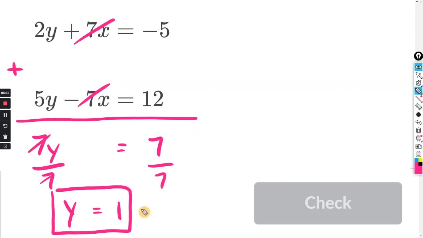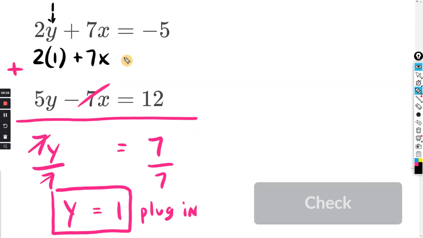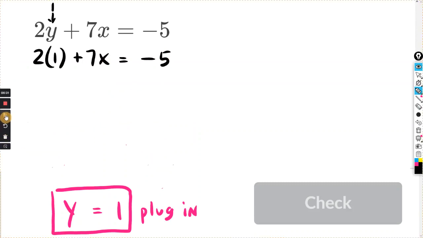You want to take that y equals 1 and plug it in. You can use either one. I think the one with the smaller coefficient is usually a little easier, but it doesn't matter. So let's take y equals 1, and I'm going to plug it in right here. That leaves us with 2 times 1 plus 7x equals negative 5. I'll erase this for more room. 2 times 1, of course, is 2, plus 7x